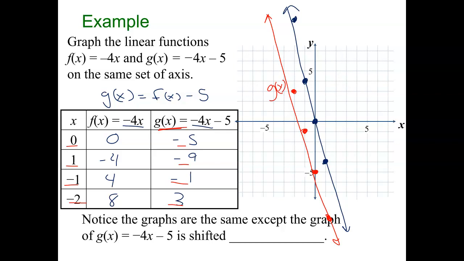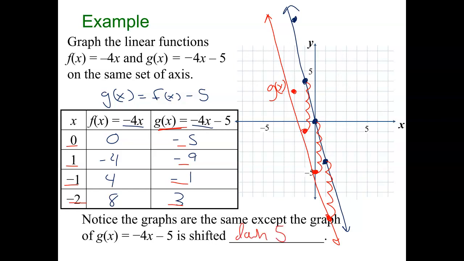Does that match our prediction of everything shifting down 5 units? Yeah. If I look at this point, 1, 2, 3, 4, 1, 2, 3, 4, 5. Okay? Everything shifted down 5 units. So g of x is f of x shifted